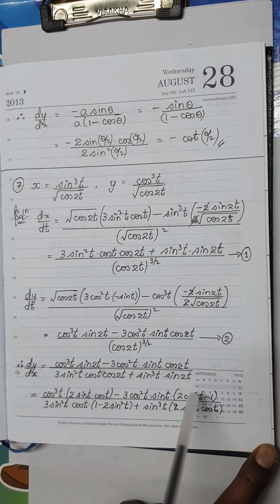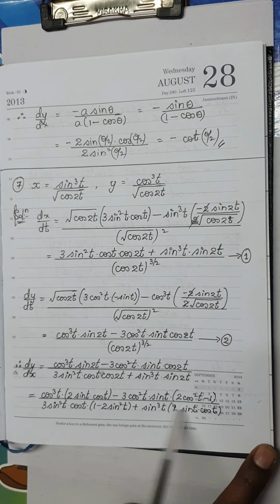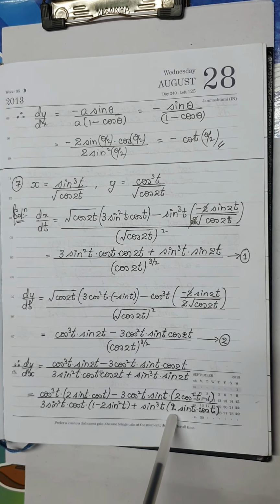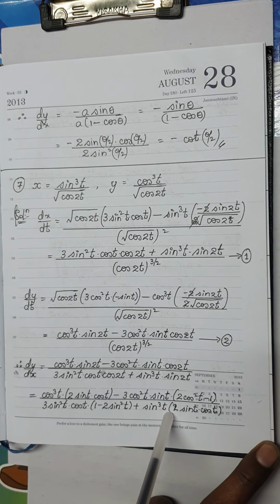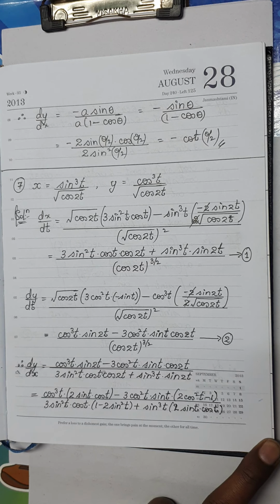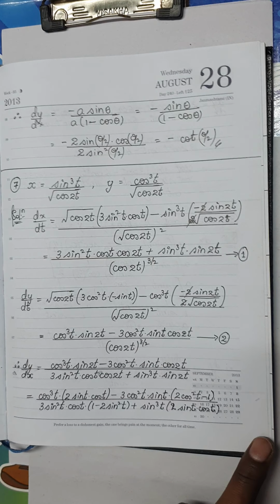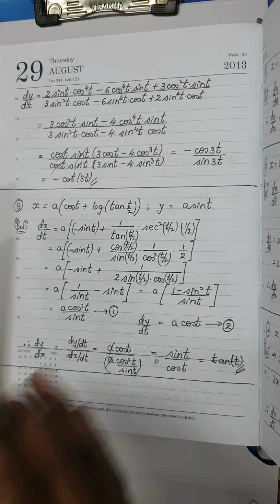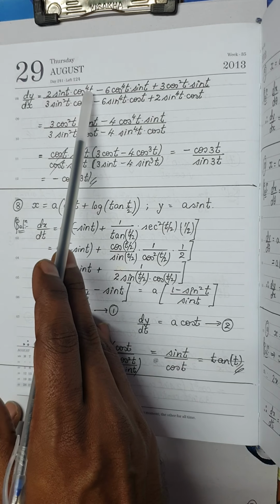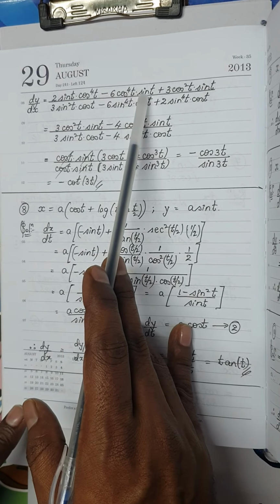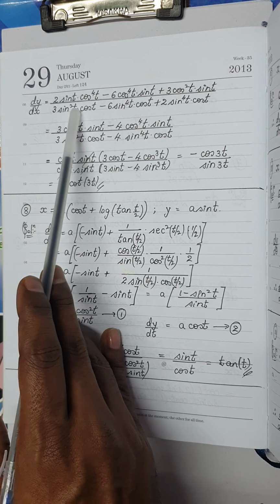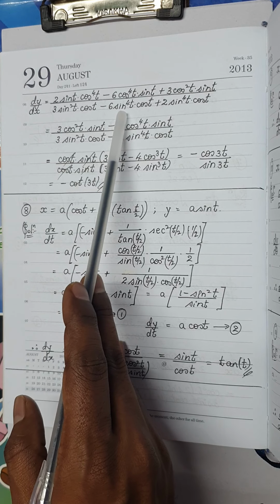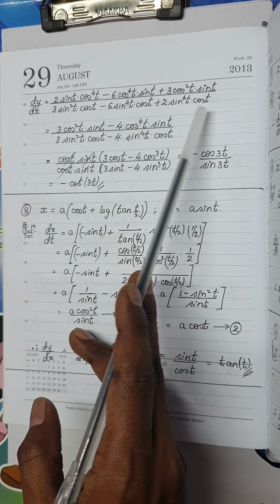Okay. I know this is a very lengthy question, but that is why they have not asked you this question in any examination, and I don't think they will be asking this. I am just running through the procedure of how to solve it. Further, if you simplify, if you cross multiply, you will get the next term as, so if you multiply, I will get 2 sin t cos power 4t minus 6 into cos power 4t sin t plus 3 cos square t sin t. Similarly, denominator is 3 sin square t cos t minus 6 sin power 4t cos t plus 2 sin power 4t cos t.